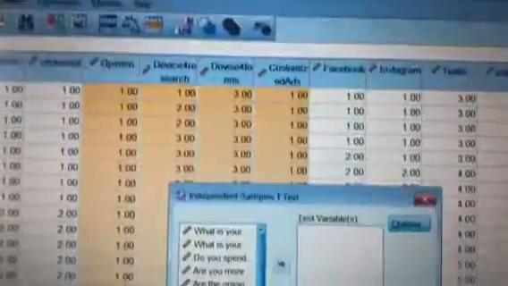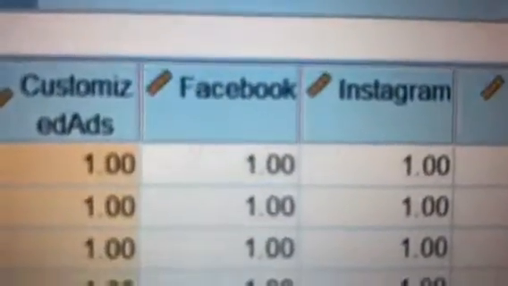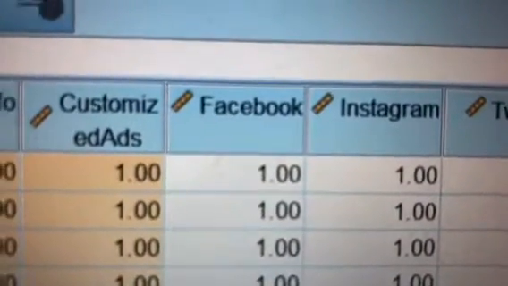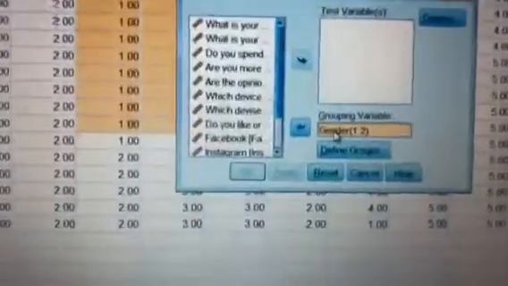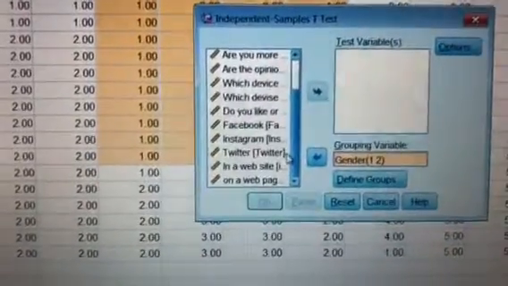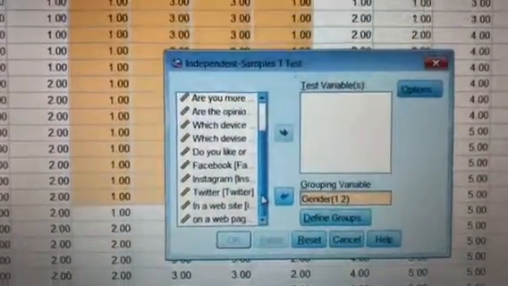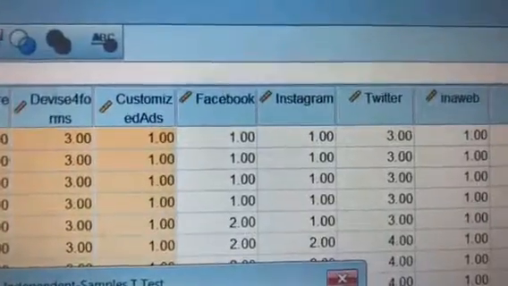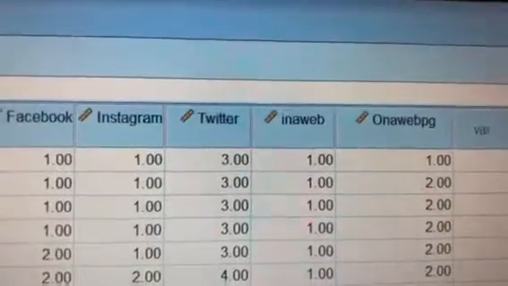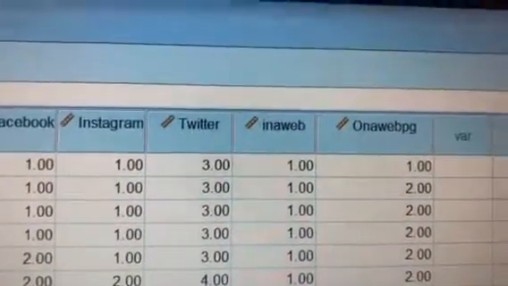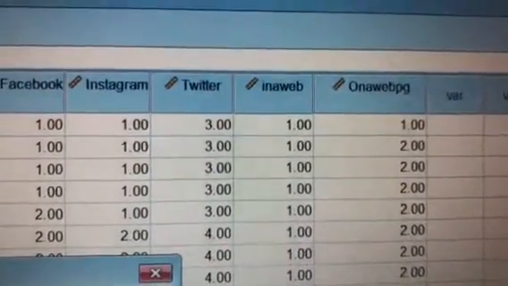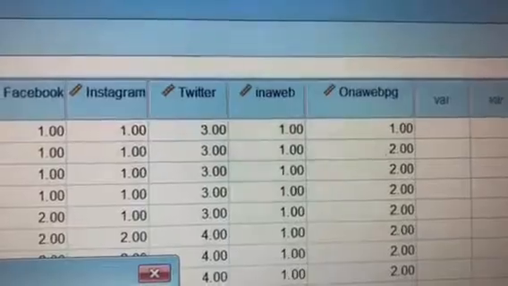So let's just use this one here, Facebook. Let's see if there's a difference between males and females in Facebook. In this case, they ranked Facebook versus Instagram, Twitter, on a web page. That's kind of the best description I can give you from here, without looking at what I had